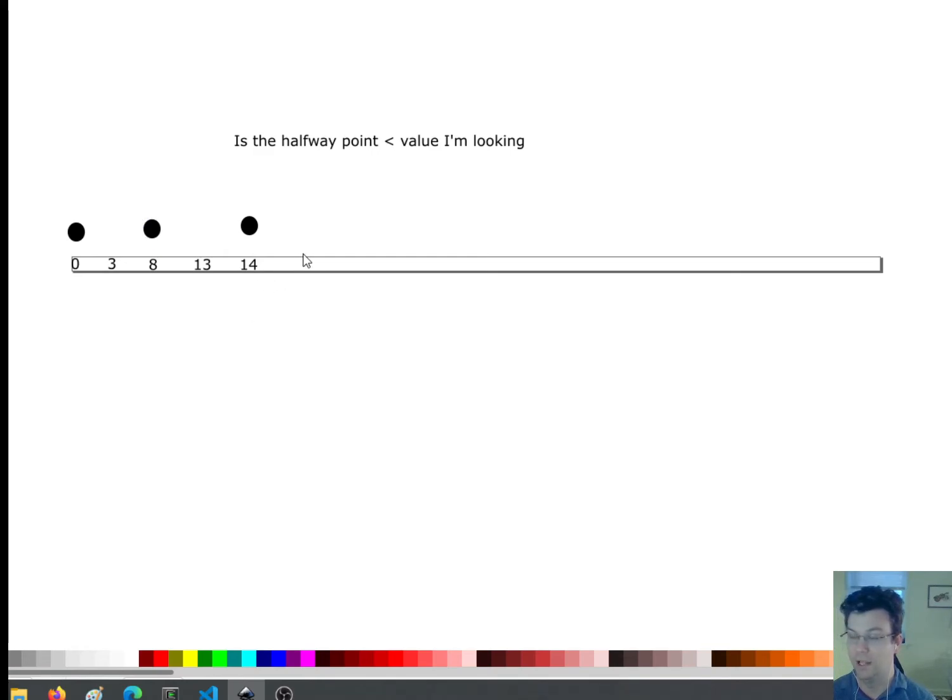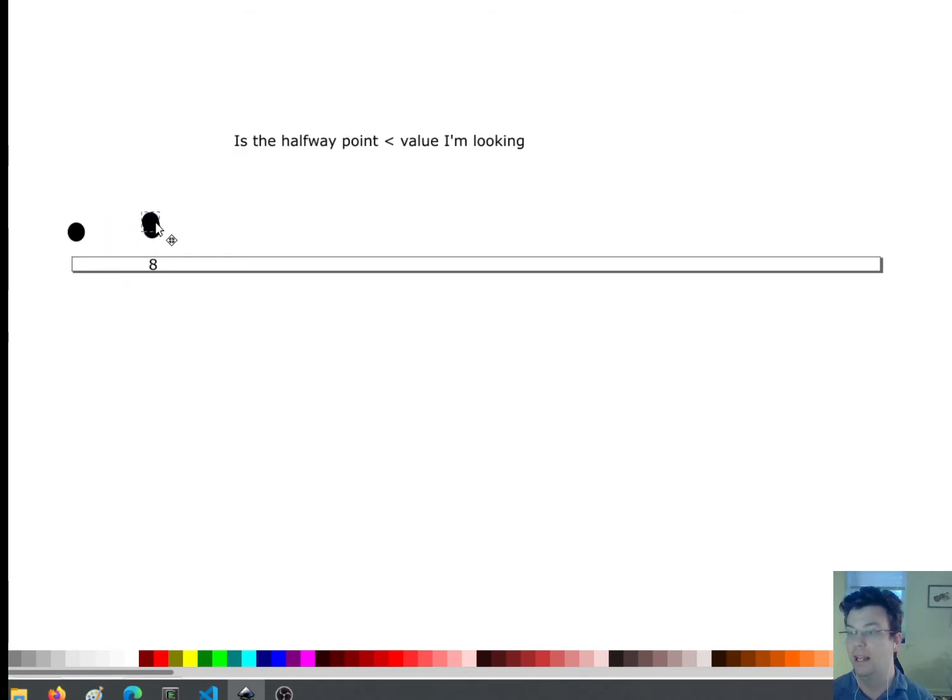So I can actually rule out everything to the right here. I know you're probably screaming at this point. You're like, I found it. But trust me, if you just follow this recipe, you'll avoid some very common bugs. Okay. So now I'll go halfway here, and I'll say, is 3 less than 8? Yes. So I can cut this out,